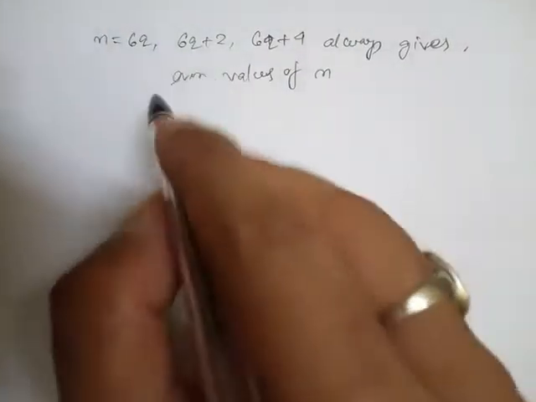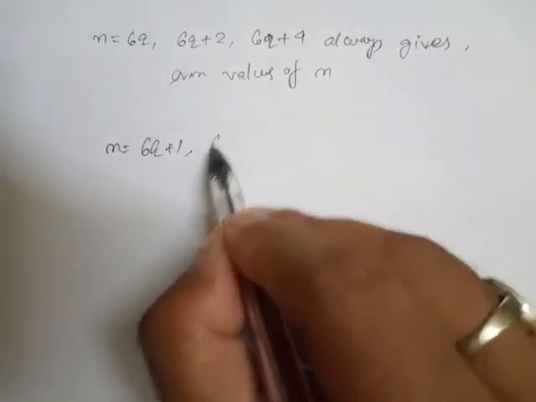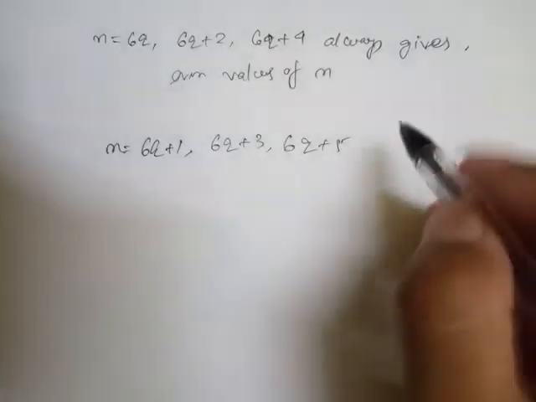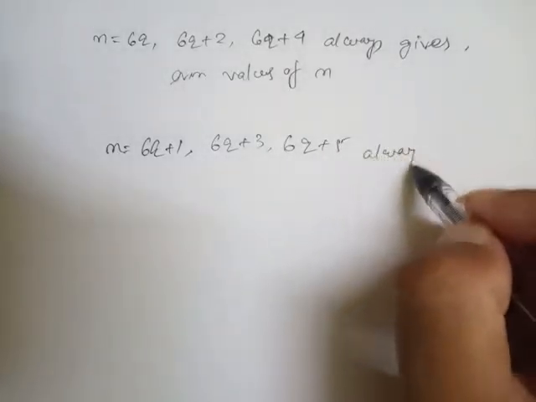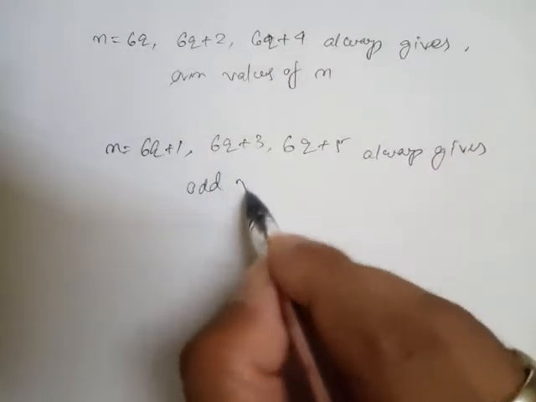Now here n equal to 6q plus 1, 6q plus 3, 6q plus 5 always gives odd values